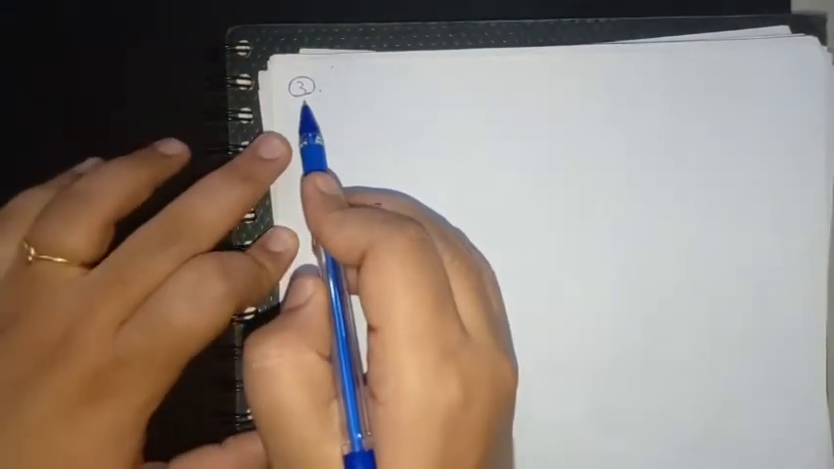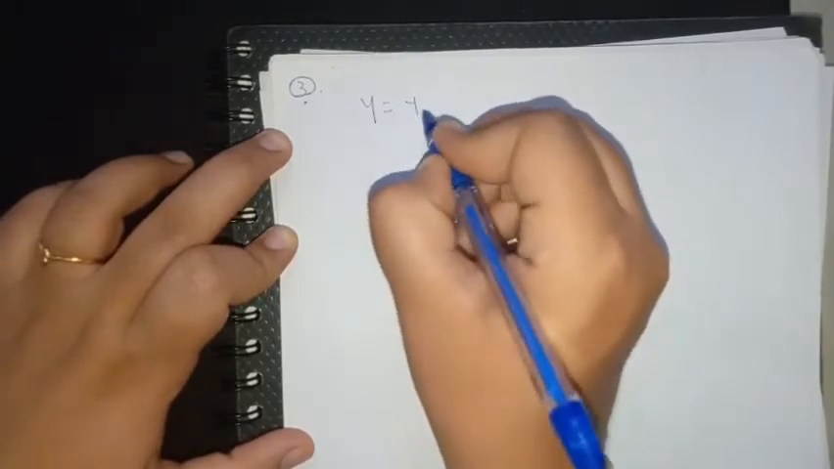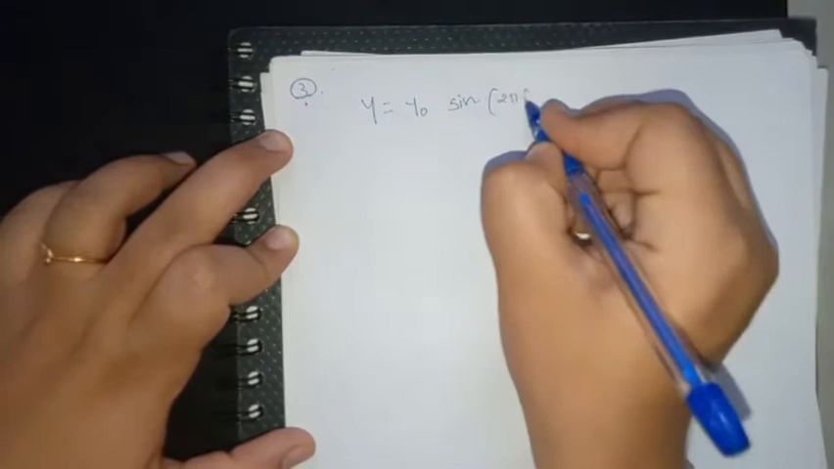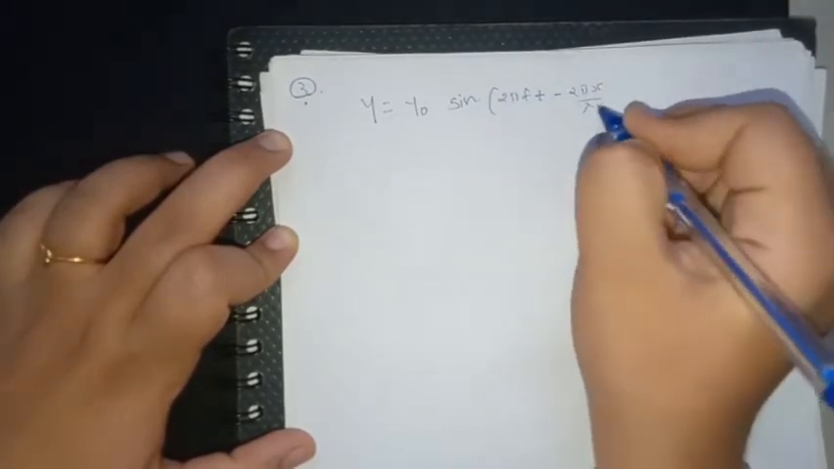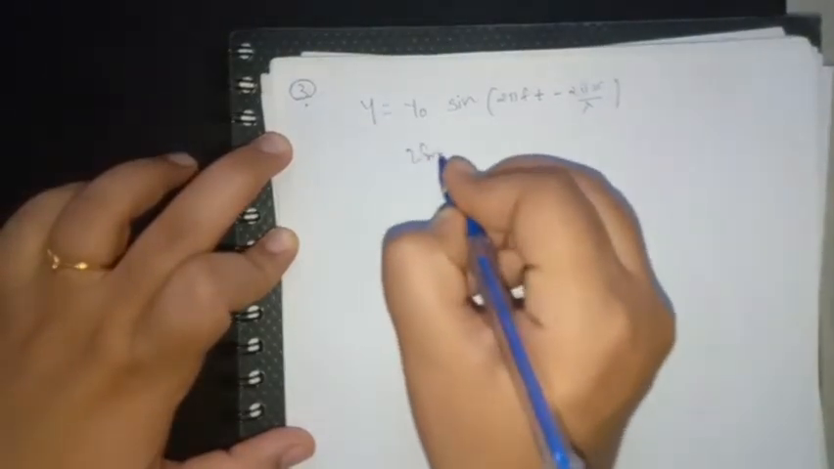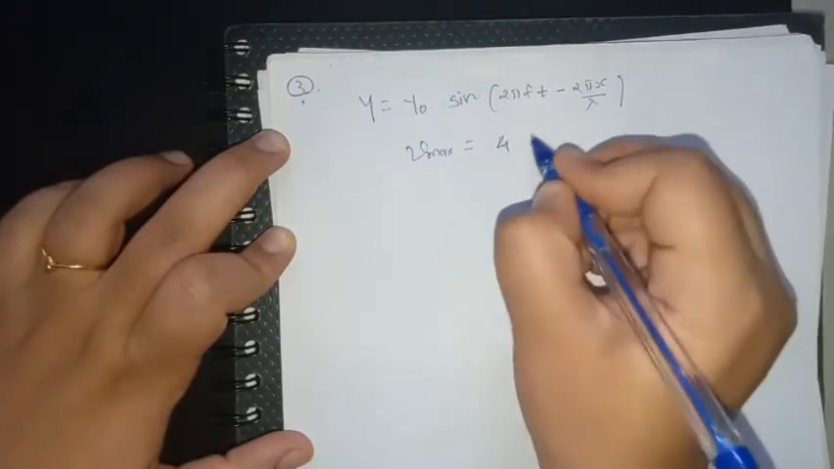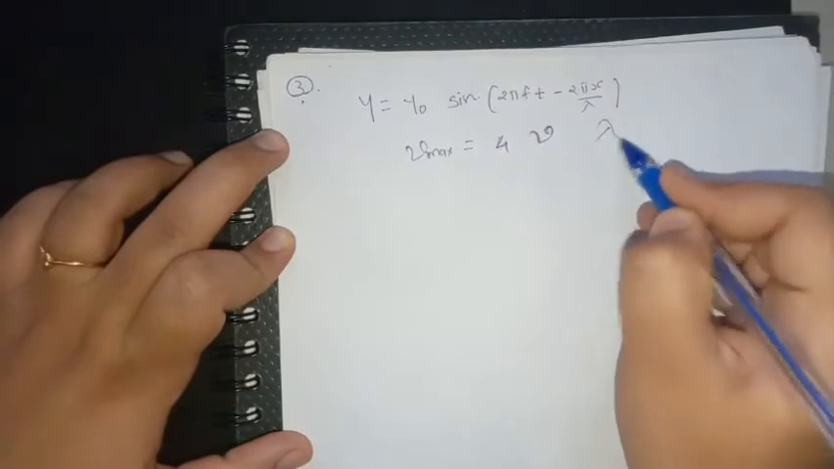In question number 3, the transverse wave equation is given by y equals y naught sine of (2 pi f t minus 2 pi x by lambda), and it is given that the maximum particle velocity is equal to 4 times the wave velocity. Then lambda can be represented as,